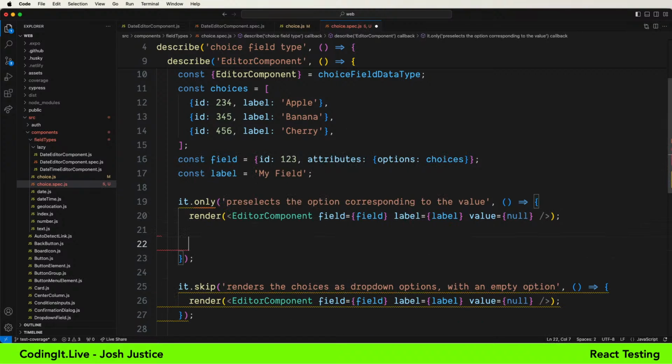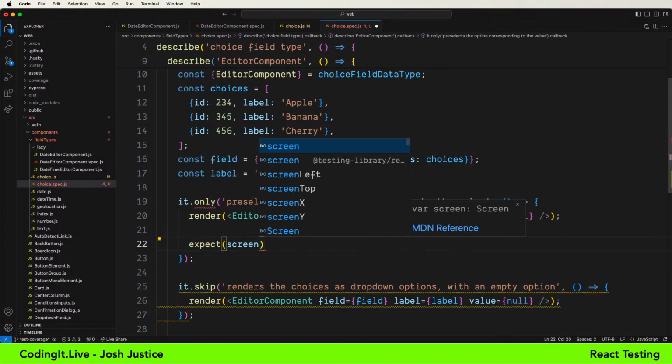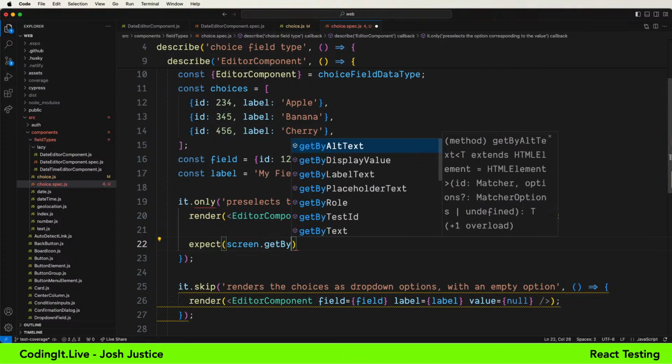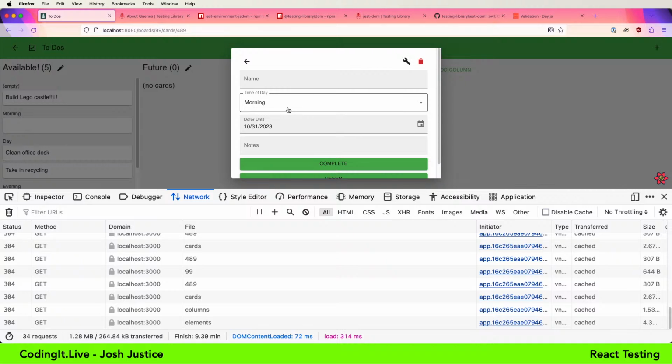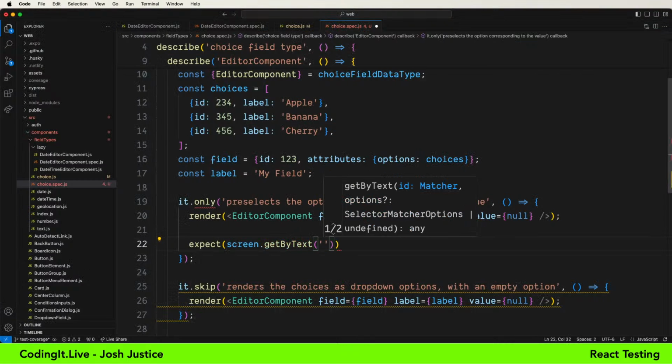And then here we're going to say expect screen get by text. I'll just try get by text and see what happens, because I don't know what kind of user interface elements are actually being used by MUI for that, and that might change if we change it to a real browser select. That's going to help because we're going to have more predictability here. So get by text. I guess we do want a value here.